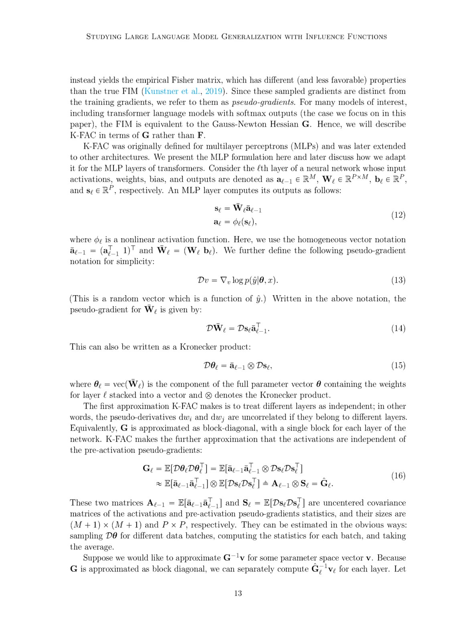These matrices are related to the variance or spread of the activations and pseudogradients, and their sizes are defined by the number of inputs, m+1, and outputs, p, of the layer. These matrices can be calculated by taking samples and computing the average. If we want to find the inverse of this Hessian for a specific vector, we can do so by breaking it down into parts, each relating to a single layer. This requires a bit of mathematical manipulation using the Kronecker product and inversion of matrices.